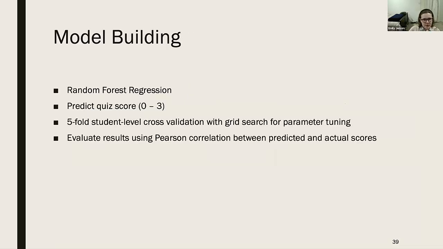And some details about our model building. We used a random forest regression model, and our goal was to predict a quiz score. Since these are 3-item quizzes, our possible scores range from 0, where they were all wrong, to 3, which is 100% correct. And for this problem, we used student-level cross-validation, which means that when we were splitting our data